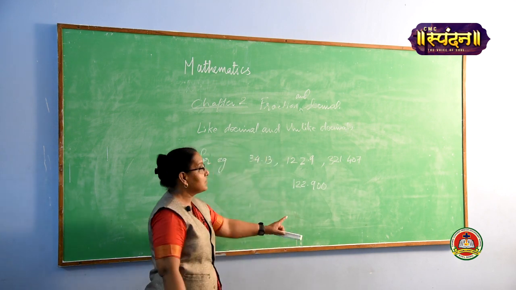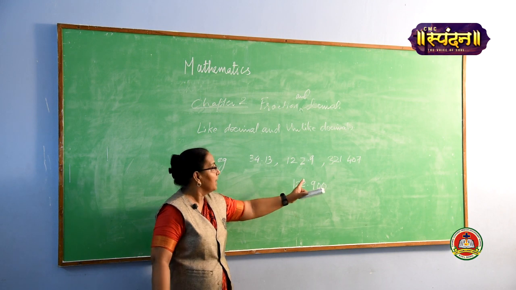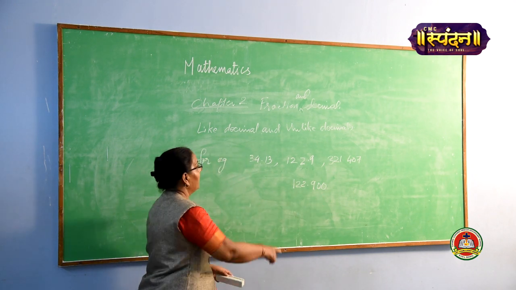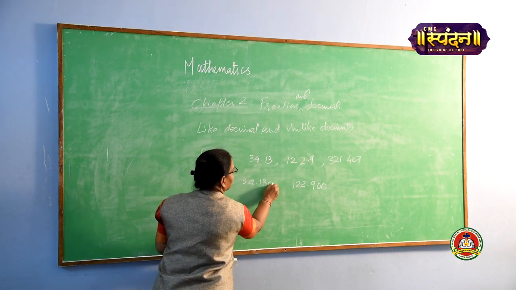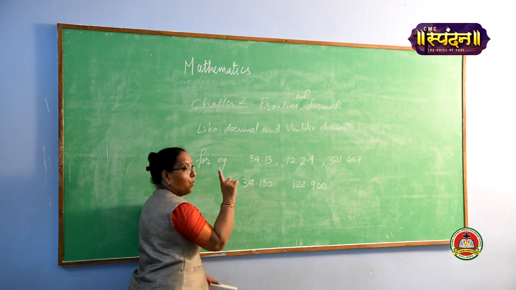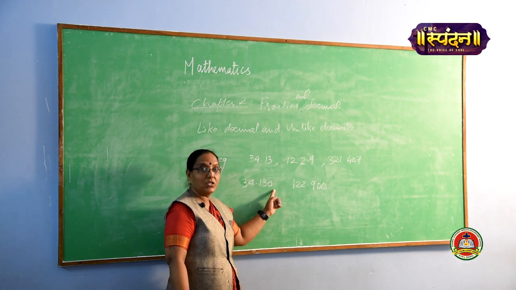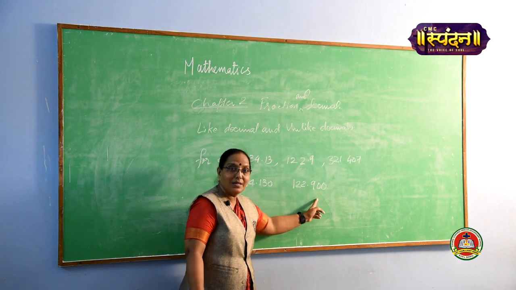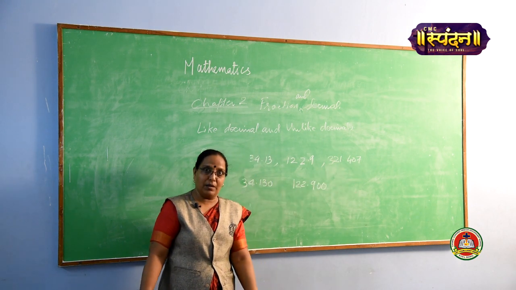122.900. Now, see in this number, 3 digits after the decimal. Here also after the decimal it is 3 digits, and here 34.1310, only 10 we are going to keep. So that the number of digits after the decimal in this number as well as this number equals the number of digits in the last one.